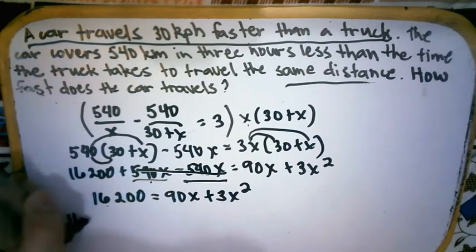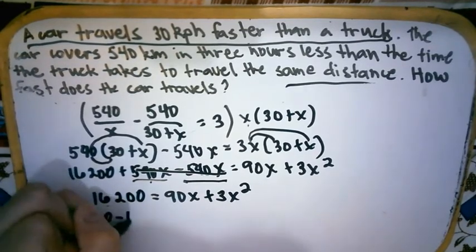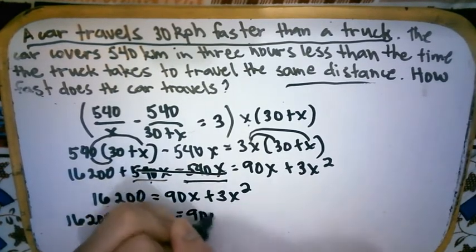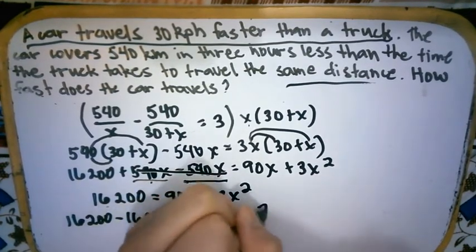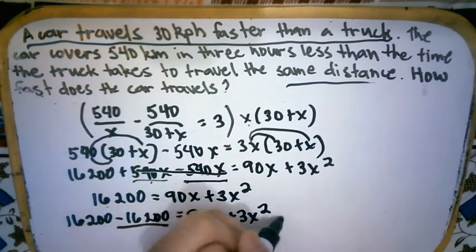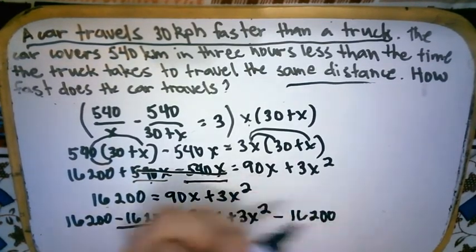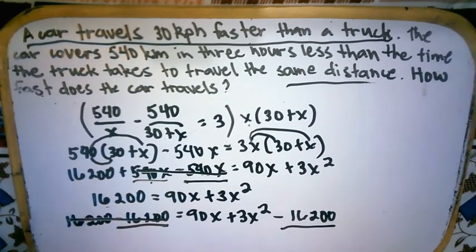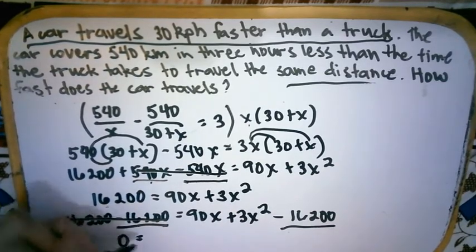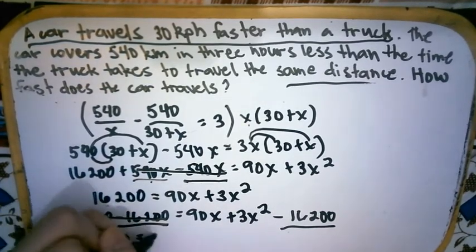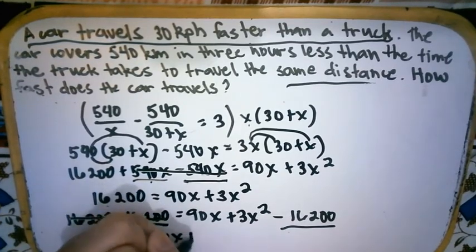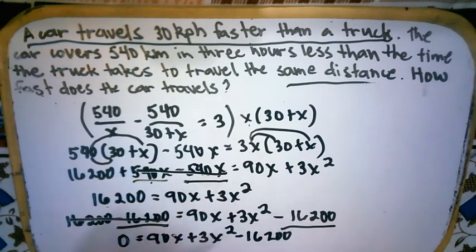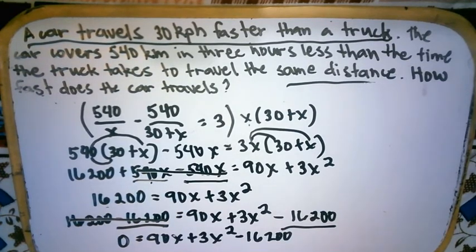So 16,200 minus 16,200 is equal to 90x plus 3x squared, and then minus another 16,200. So do it to the left, do it to the right. So cancel na natin to, so it will become 0 is equal to 90x plus 3x squared minus 16,200. So still hindi pa rin siya naka